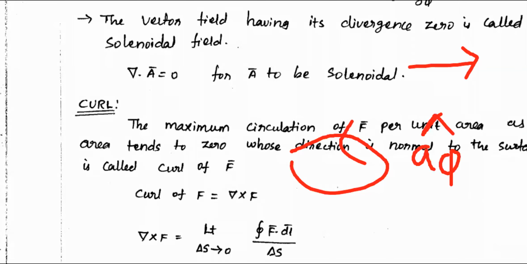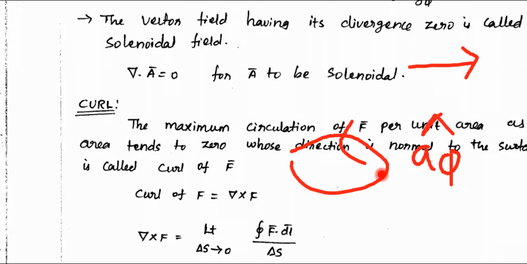So phi will keep on rotating. Once some vector keeps on rotating, that individual vector itself is rotating. Nobody is rotating this vector. It's only one vector, but it is rotating. It has a rotating nature.